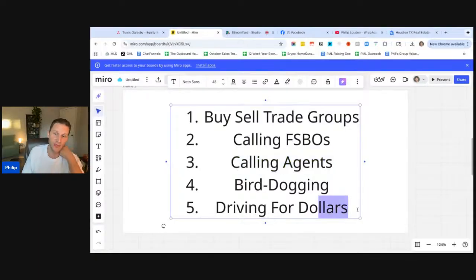Driving for dollars is super manual. And we found probably about 3 deals from driving for dollars. You just drive around, right? And as you live your life, if you're buying in your own backyard, have your head on a swivel and be talking to people. Just be looking out for these signs for rent, for sale. Talk to people in your neighborhood. Go to yard sales and ask, are there any vacant houses in the area? People are trying to sell their houses. This is like hand-to-hand combat style.